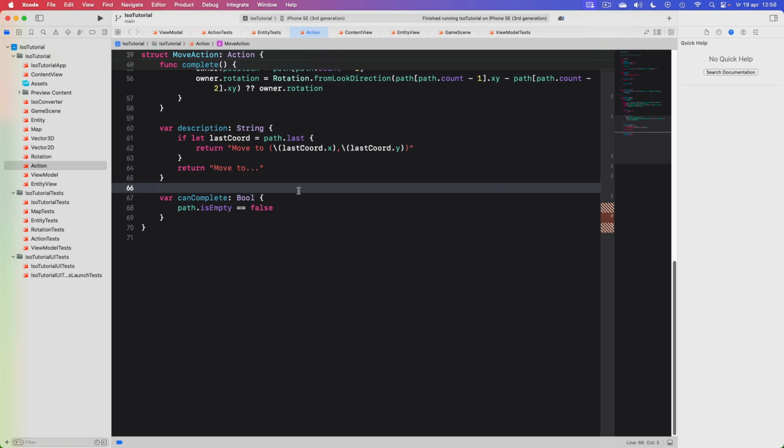Hello everyone. Last time we implemented a nicer description for the confirm action button. And today I want to implement working reachable tiles. So if you look at the project so far,